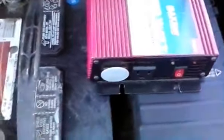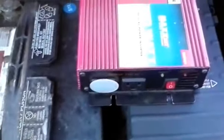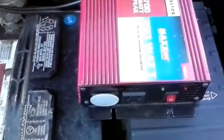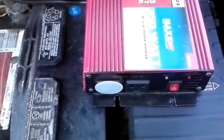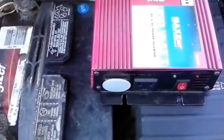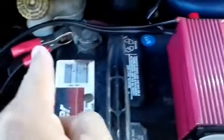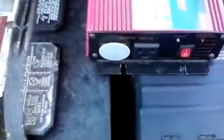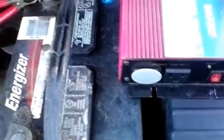Inverters come in different sizes, different watt outputs, and I chose this one here because it's just powerful enough to run my rice cooker and a couple small appliances. And the reason we mount it out here directly on the battery is most inverters, actually pretty much all of them, if you go above 200, 220 watts, you need to run a cable directly from the battery to the inverter. Otherwise, if you're using less watts than that, like maybe 65 or 100 watts, you may be